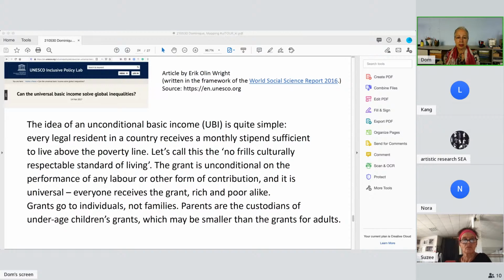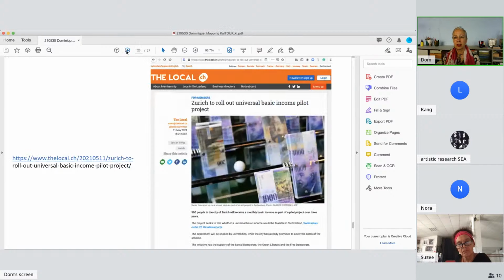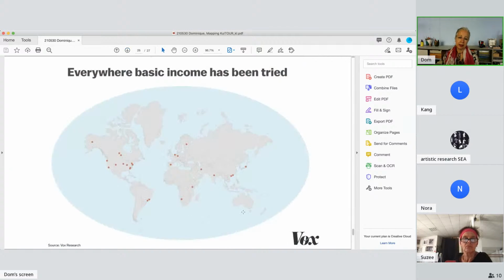It's actually quite interesting when one starts to look into this topic where already experiments took place. I didn't know before I researched it that, for example, Iran has a universal basic income, Alaska as well. And experiments with the universal basic income have been taking place all over the world already. So all these dots show where universal basic income